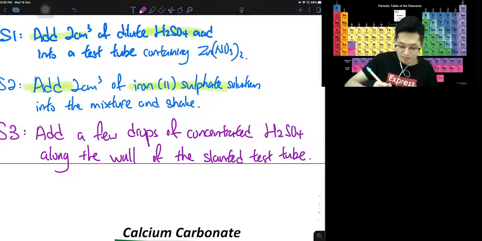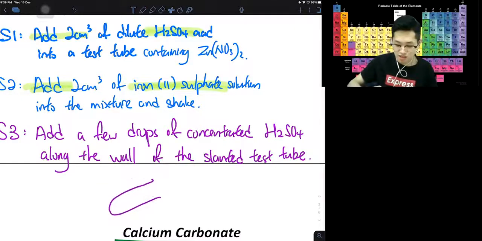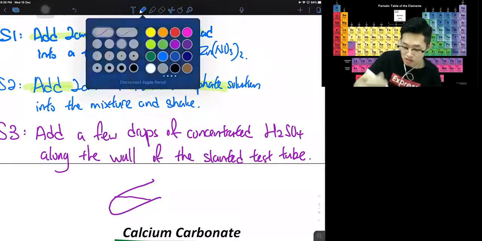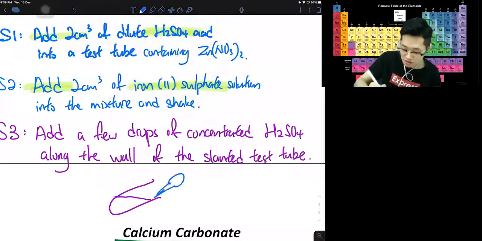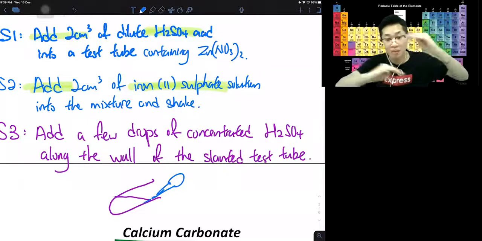That means you can't just add it directly into the salt solution. You have to have a slanted test tube like this, and then you add the concentrated sulfuric acid so that they will not mix and they form